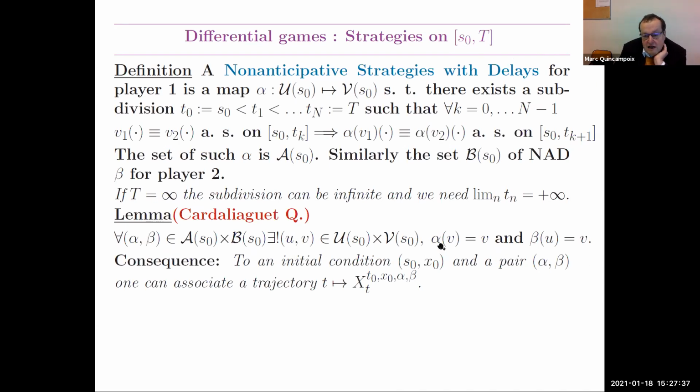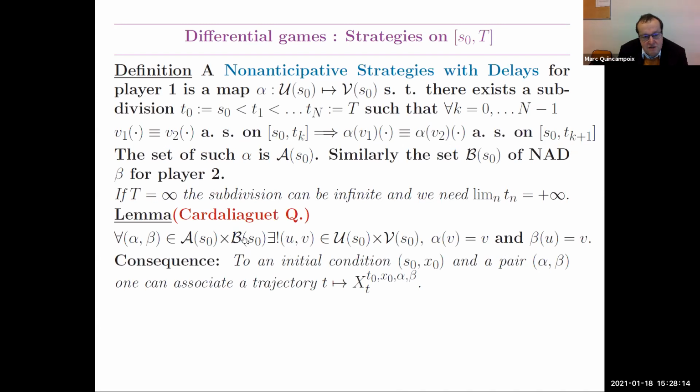It means that alpha of V is equal to U, and beta of U is equal to V. The proof of this theorem is easy because when you have a map alpha on the first time interval, 0 to t1, it depends on nothing, because it depends on the past, which is nothing. So step by step, you construct the maps u and v, satisfying this,